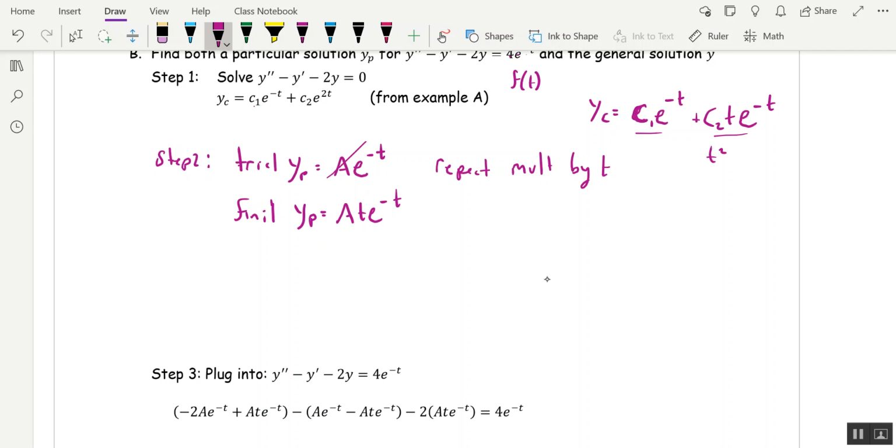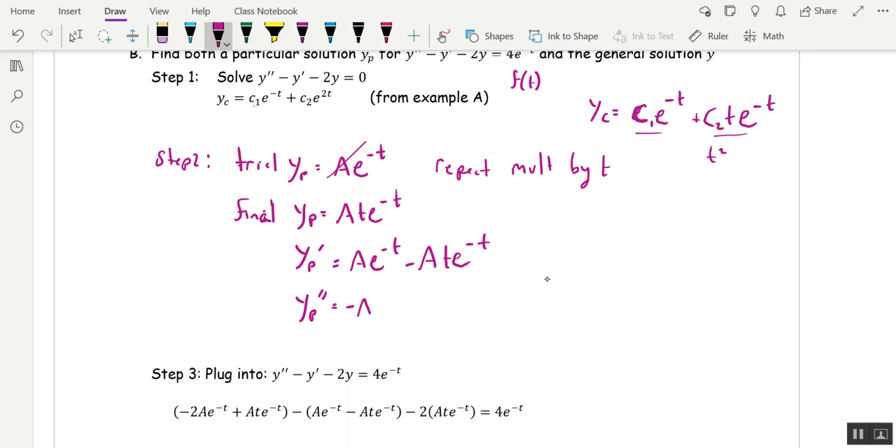All right, so I think I spelled final wrong there. All right, there we go, final. So I've got my final yp. Now I need yp prime and yp double prime. So I need to use the product rule. Yp prime is going to be a e to the negative t and then minus a t e to the negative t. And yp double prime